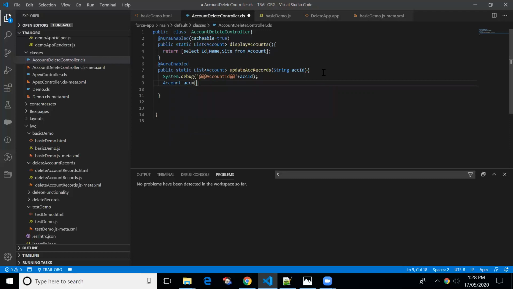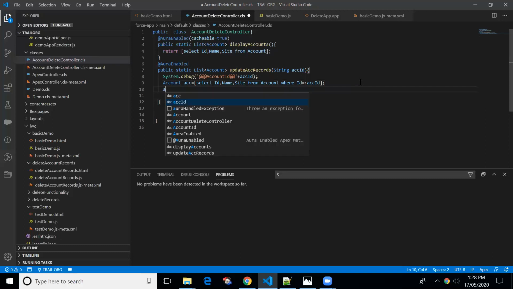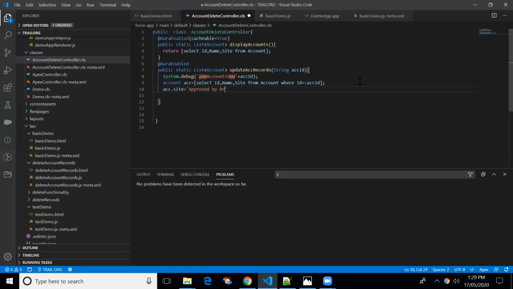Account acc: select Id, Name, Site from Account where Id is accId. We'll be updating the account site in this scenario, with approved by Ram Naidu as per the comments.